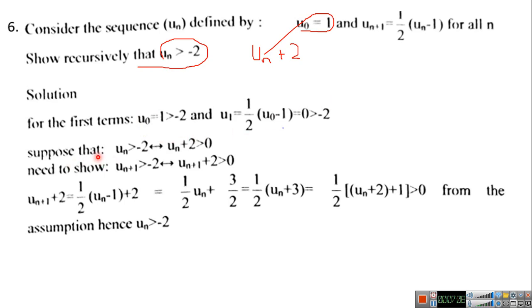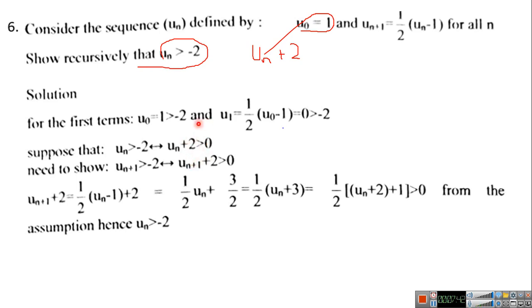Then you say, suppose un bigger than minus 2 or un plus 2 bigger than 0. I want to show it for the next term, un plus 1 plus 2 bigger than 0. Why do I want to do this one? Here I cannot find any term I want. If I want to find any term, I need to find all the terms before. So that's why, if I know that u0 bigger than minus 2 and u1, for example, bigger than minus 2, if I prove this one, if un plus 2 bigger than 0, the terms after should be bigger than 0,